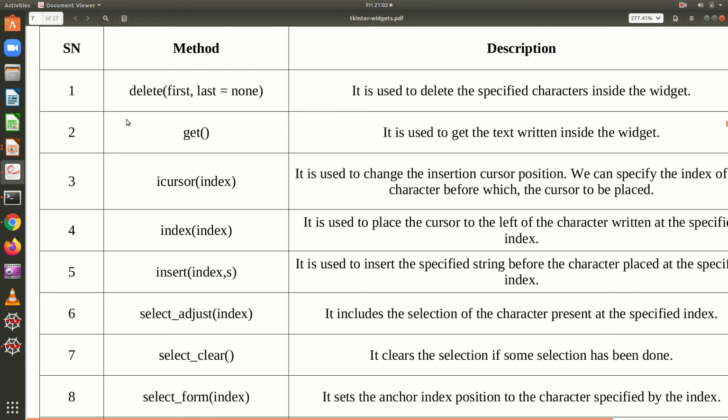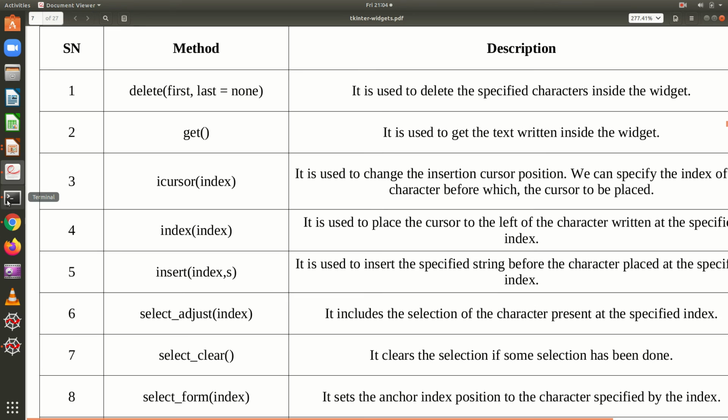So instead of resetting the entry widget with a blank space value also, we can go for deleting it, right? So if you say delete and from the first to the last index, then it will be deleting the specified characters inside the widget.